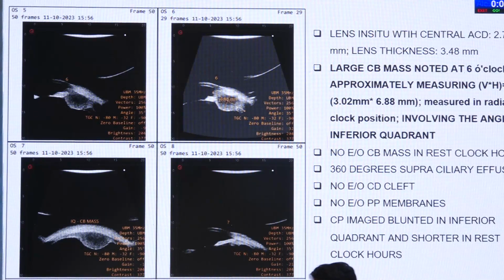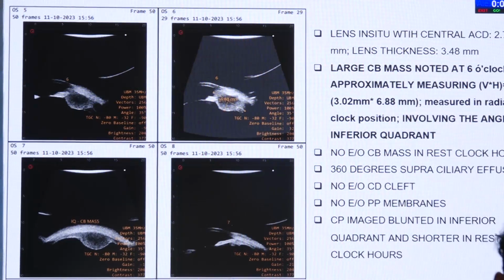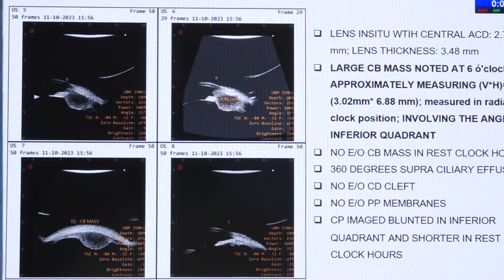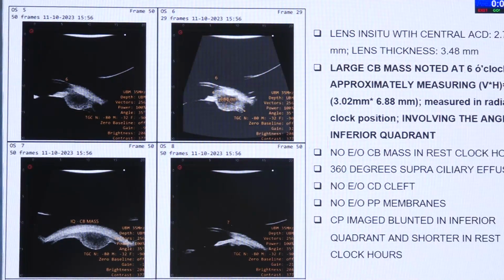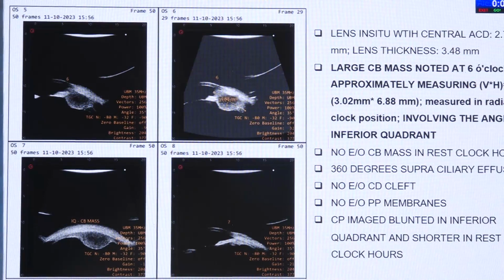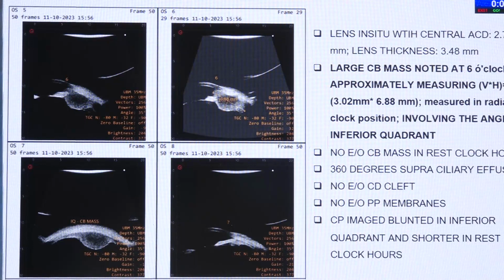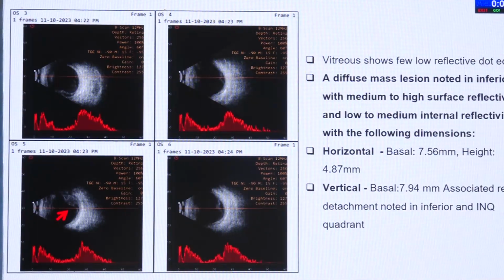UBM showed a large ciliary body mass lesion at the 6 o'clock position, approximately measuring 3.02 by 6.8 millimeters in the radial clock position, involving the angle and the anterior quadrant. 360 degrees supraciliary effusion was seen, and ciliary processes were blunted in the inferior quadrant and shorter in the rest of the clock hours. And if you look at the ultrasonography, the vitreous showed few low reflective dot echoes,